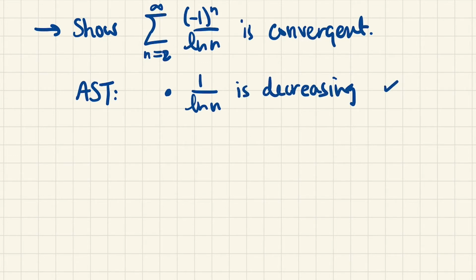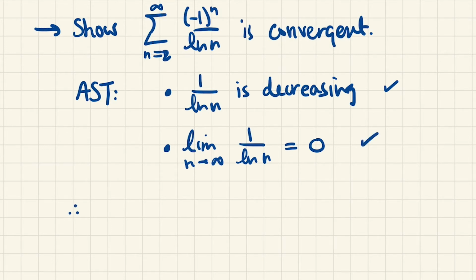Okay, certainly true, because ln of n itself is increasing, and this is 1 over that. And the other thing is just quickly taking this limit, and I really do mean quickly because there's really no work to show. You get immediately the form 1 over infinity, which means the limit evaluates to 0. So we conclude